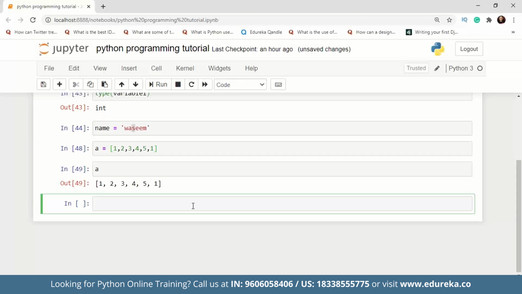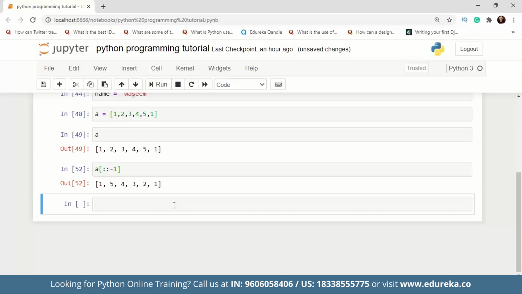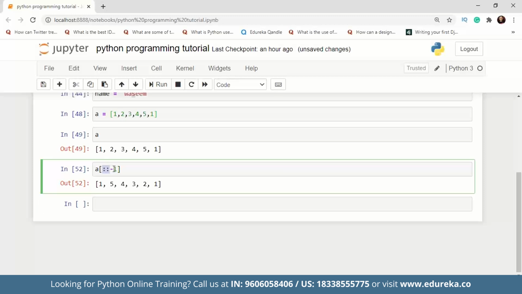So this is how a list is declared in Python, guys. And if I want to access, I can use indexing, and I can use slicing in the indexing as well. This is how slicing is done in indexing, negative indexing as well, which can be used to get the reverse of a list. So here what I've done is I've used the negative step and I've iterated from the back. So that is how you do it.